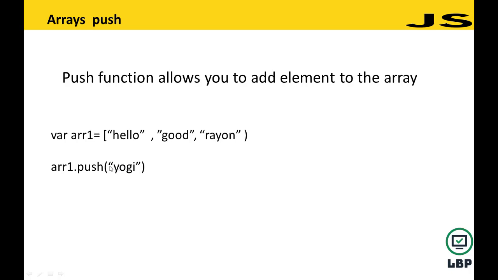In JavaScript, this function will just add this element to the array. So now the R1 array will equal hello, good, Ryan, and Yugi. We add an element to the last of the array. So we add it in the last of the array. So I will show you. This is also a very important